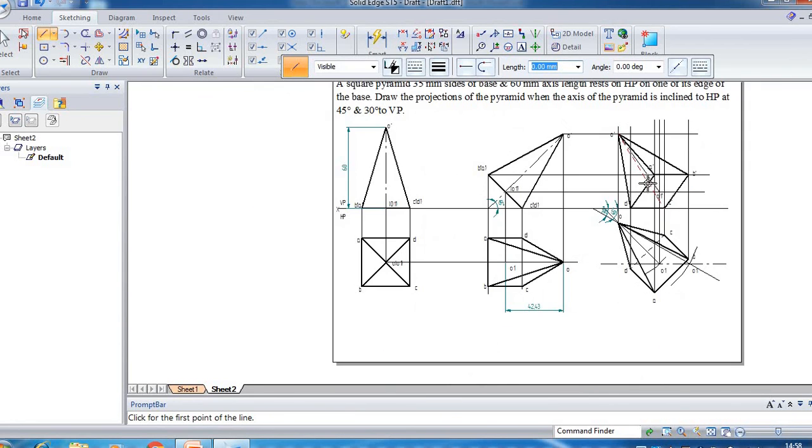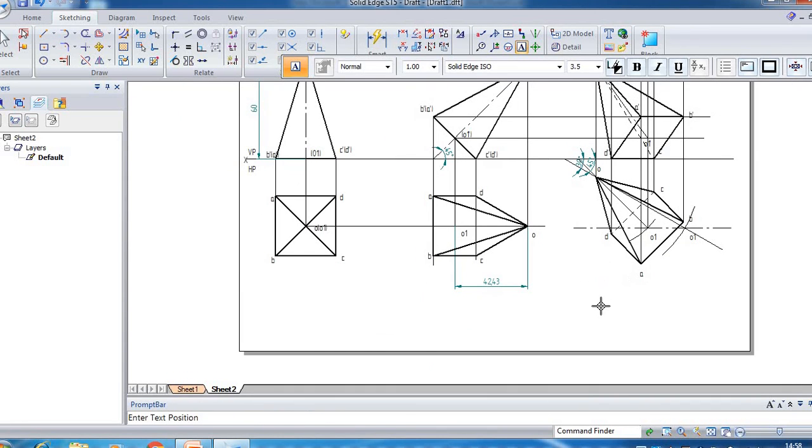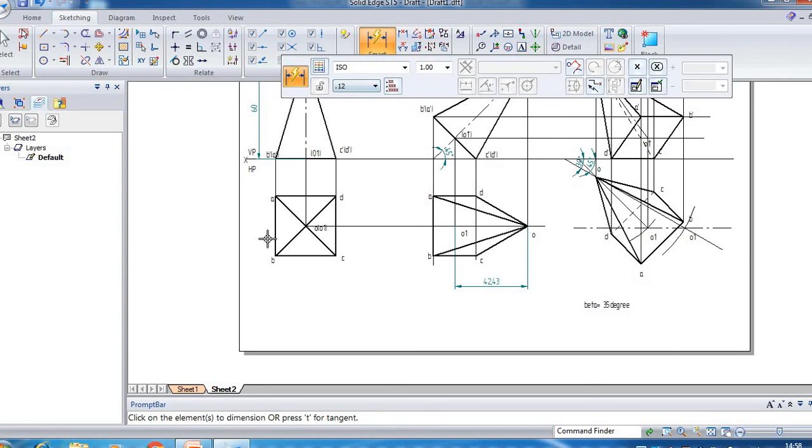So this completes the solution. Here, after finding this beta, using the text box you need to write the answer. Beta equal to 35 here. And you have to show all the dimensions.